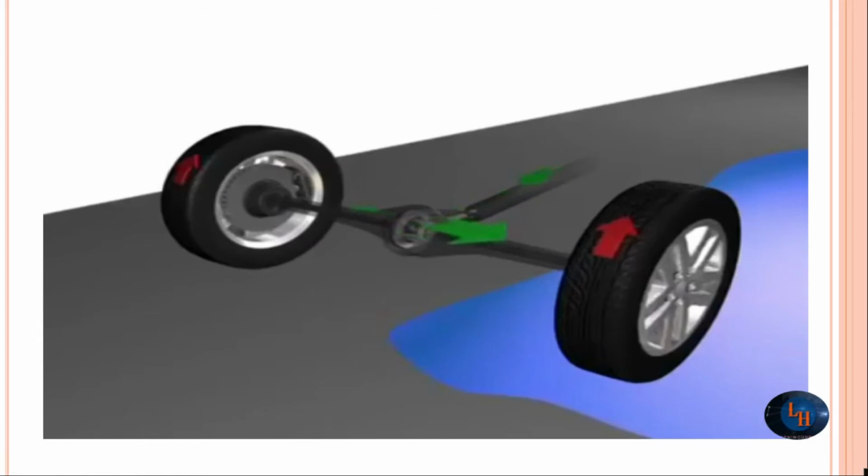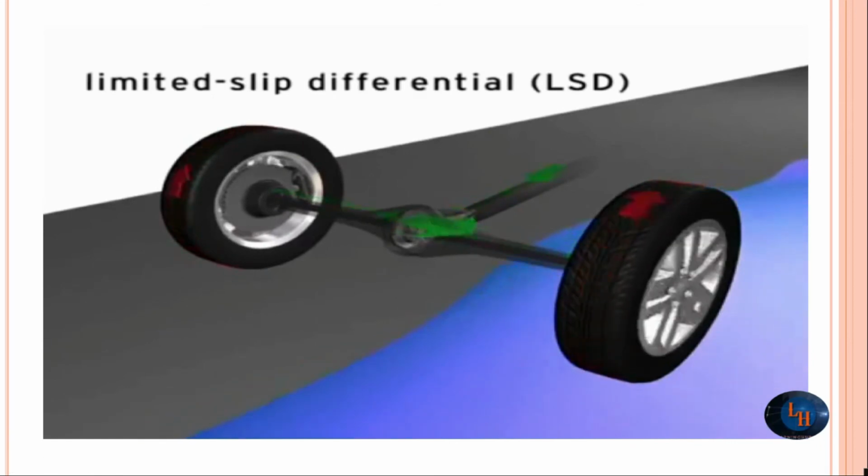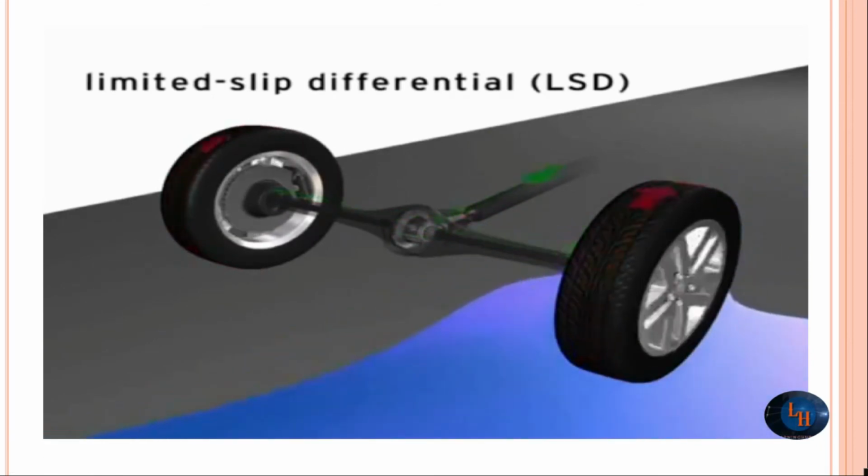This condition is fulfilled only if there is no friction present anywhere in the system, and this is not possible in practice. The larger the amount of friction present in the system, the larger the inequality of the torques. Hence, if one wheel of the vehicle with friction in the differential gets on a slippery surface, then a larger torque may be transmitted to the wheel which has a good grip on the road than to the slippery wheel. Utilization of the grip of that wheel is not possible in the absence of friction.